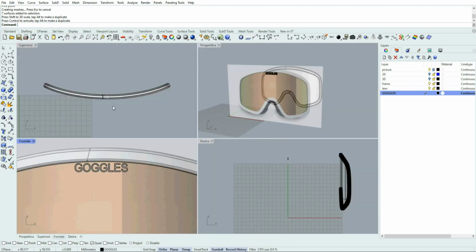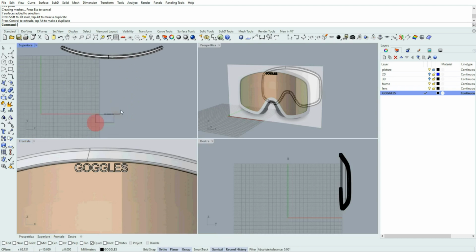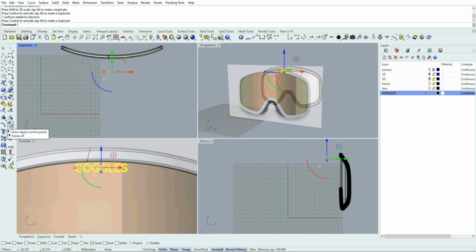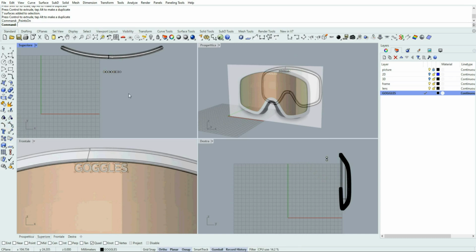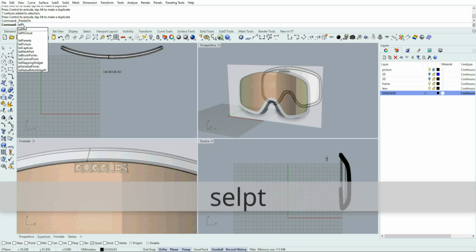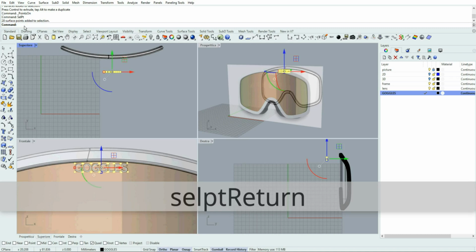At this stage it's important to understand that it's not possible to project surfaces onto other surfaces, but we can project points. So if I enable the control points, and I use just a selection filter, I just type SelPt, enter.